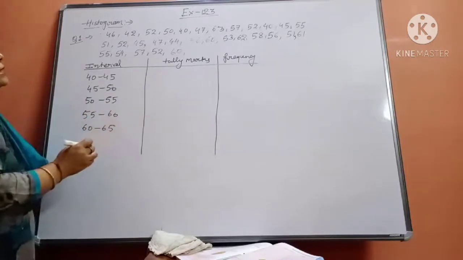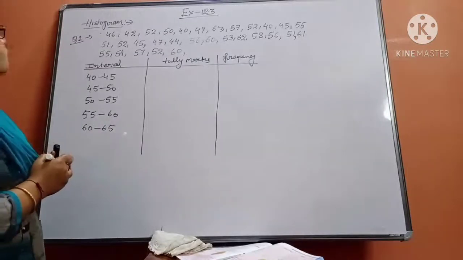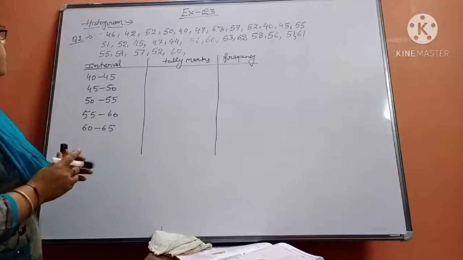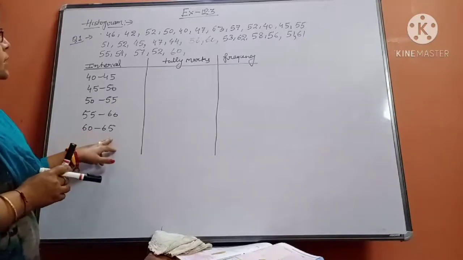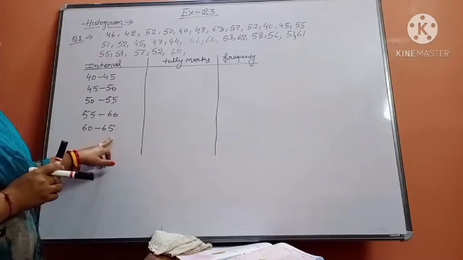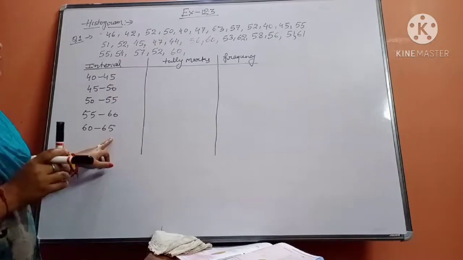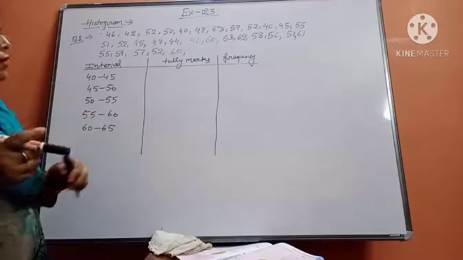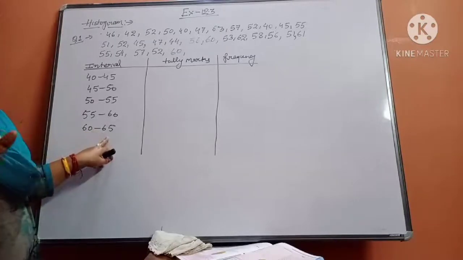See, the maximum going above 65, is somebody's weight going there or not? I think all the numbers will come in this last interval. Afterwards nobody's weight is more than 65, so we don't require the next interval.